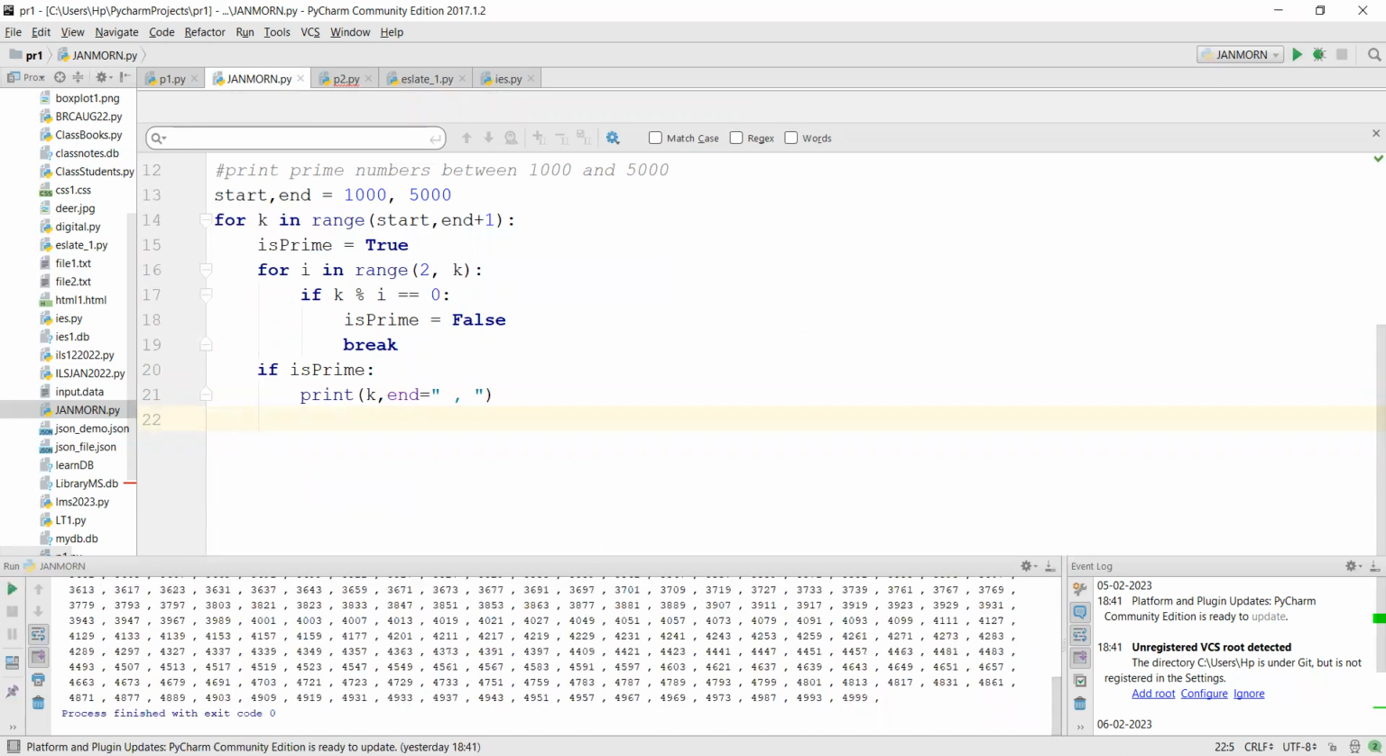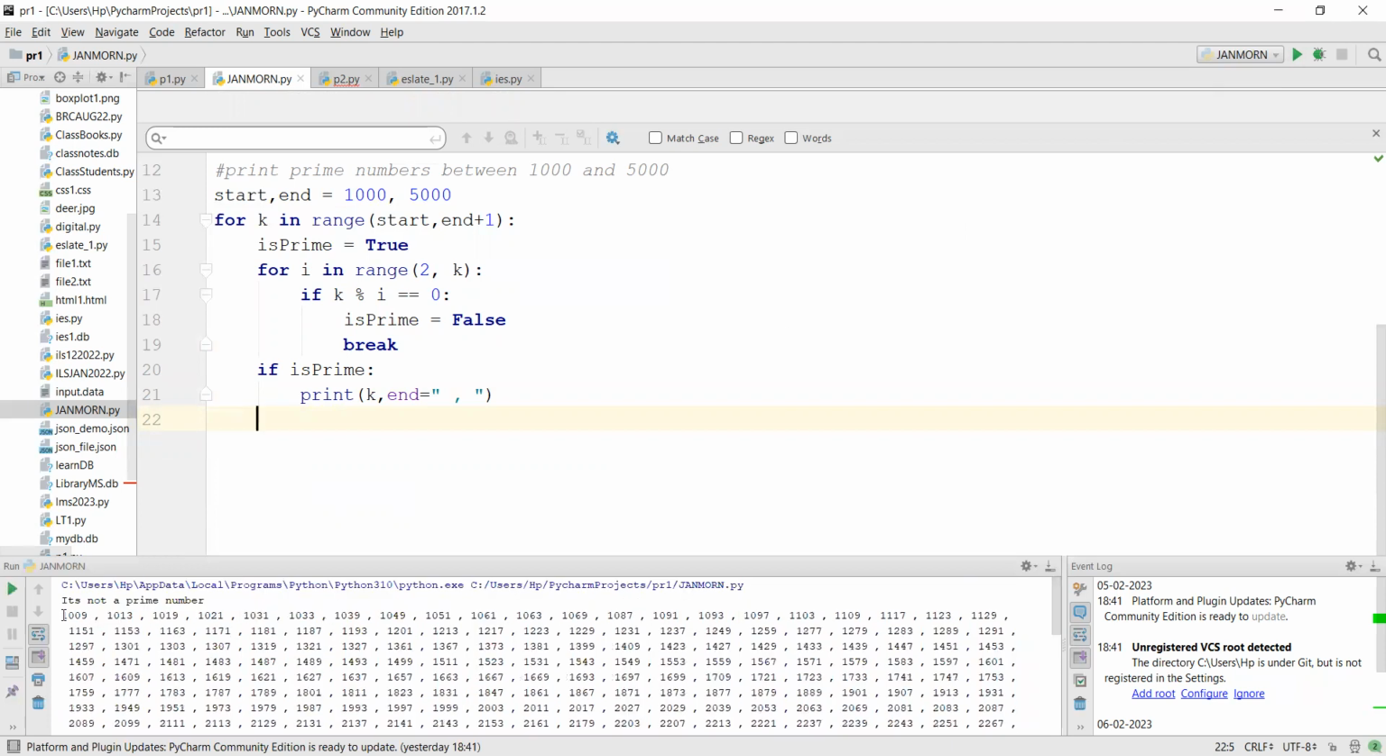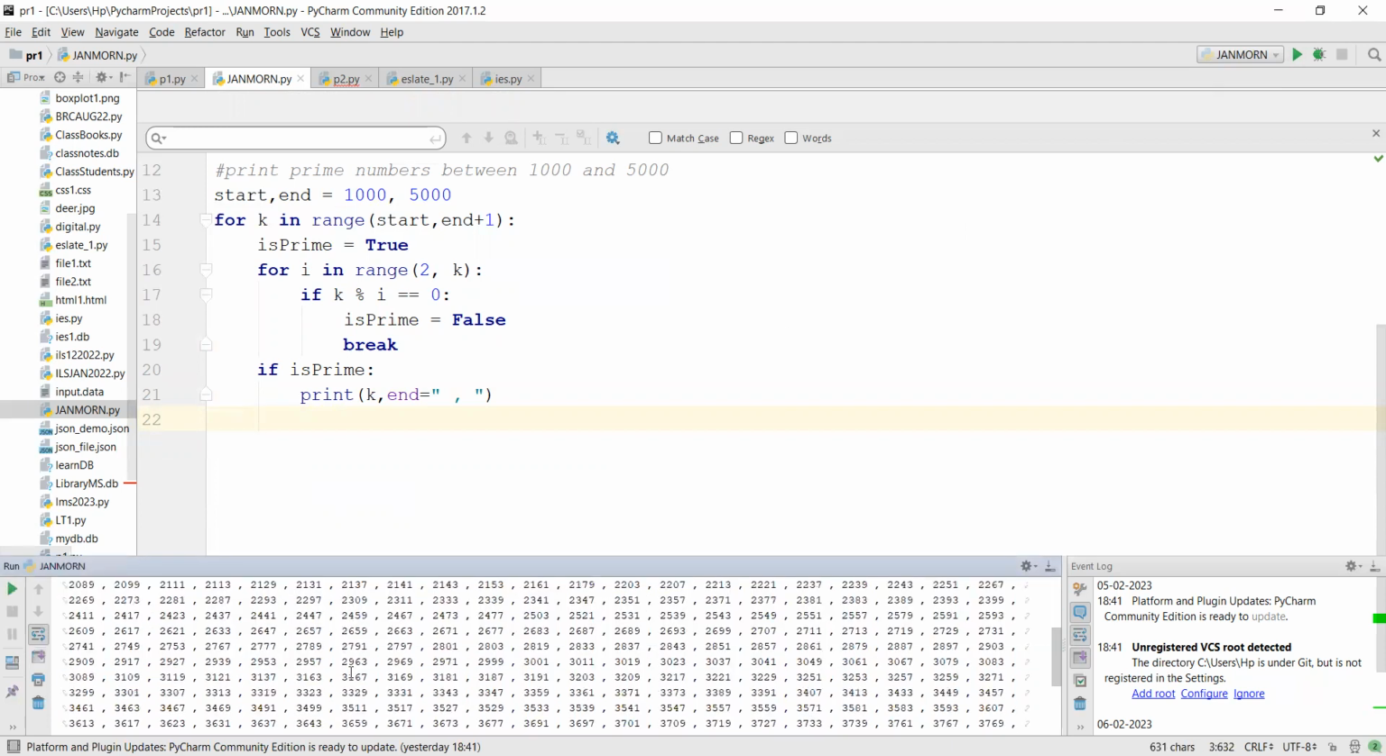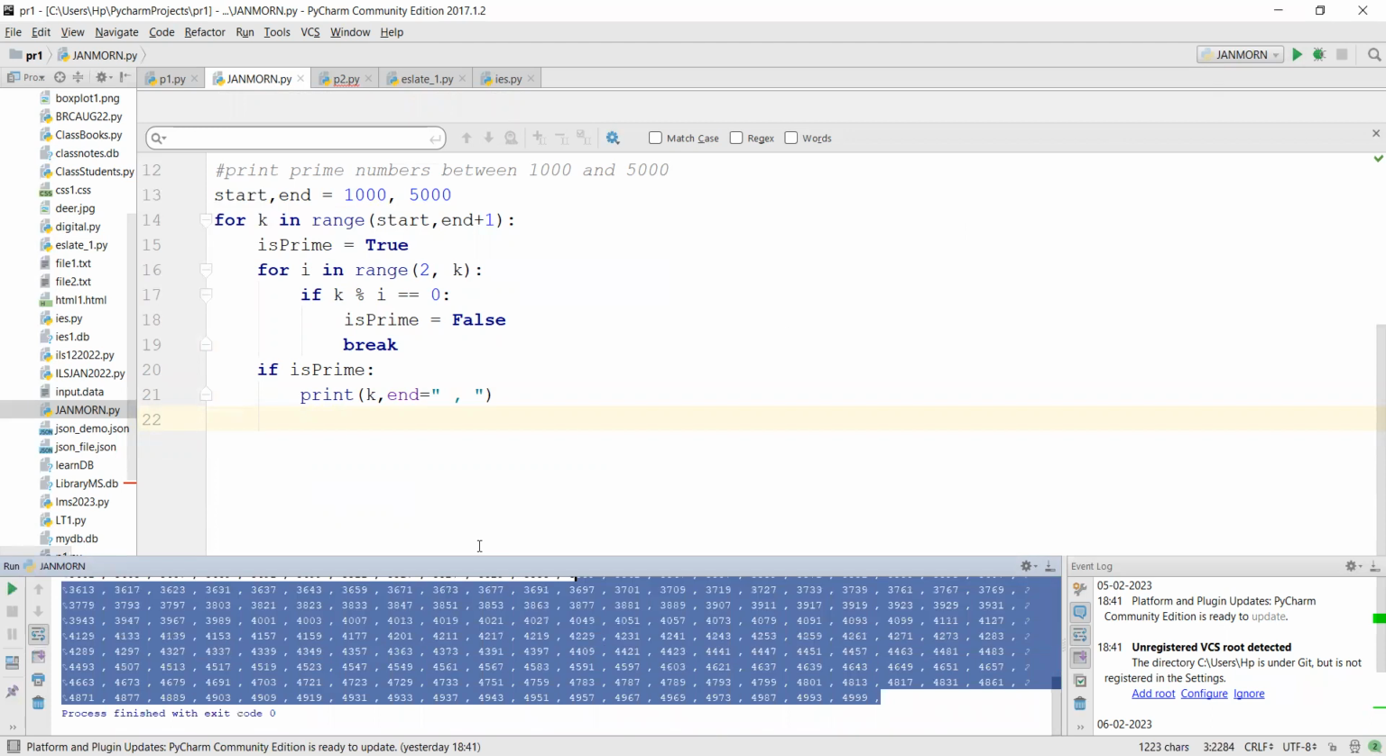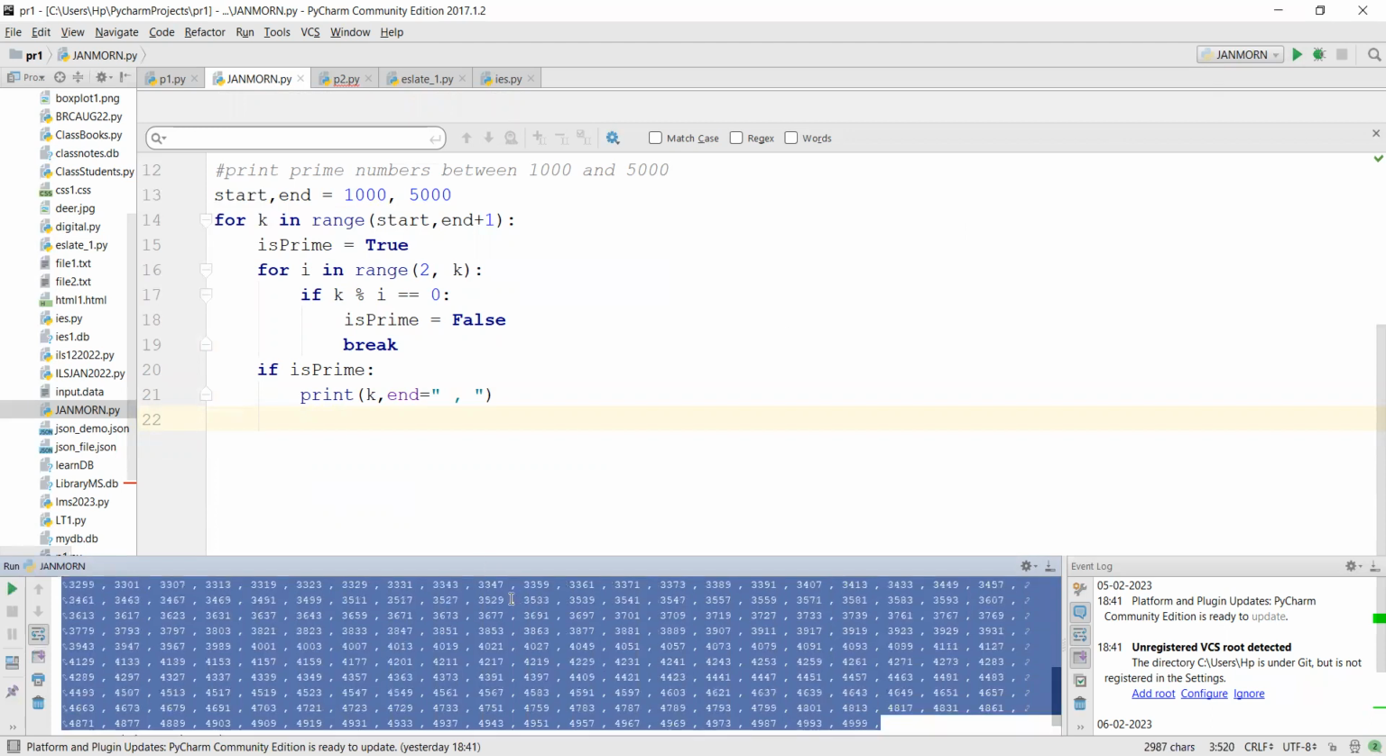You see, we have generated all the prime numbers. These are prime numbers between 1000 and 5000. Okay, so this is how your for loop works. We'll stop our discussion on for loop here. We'll now move to